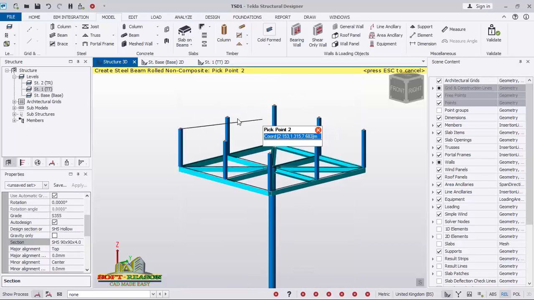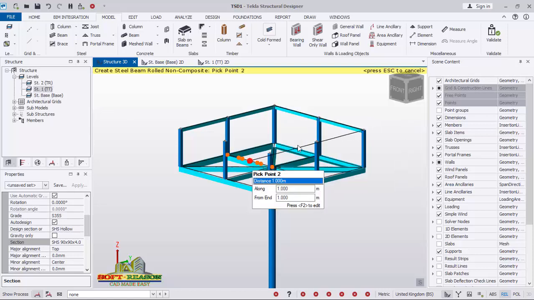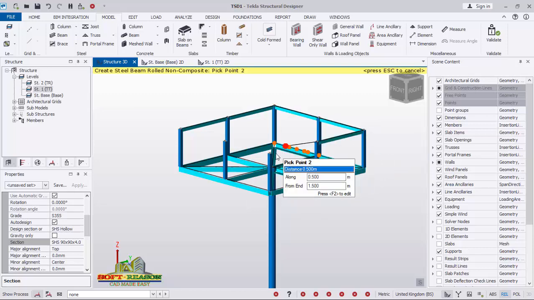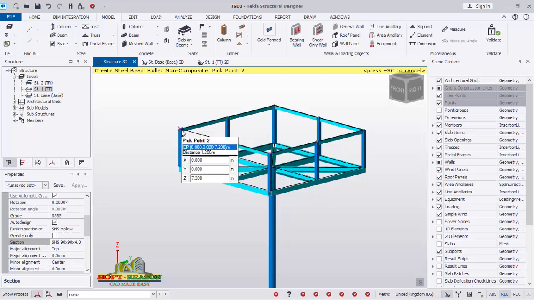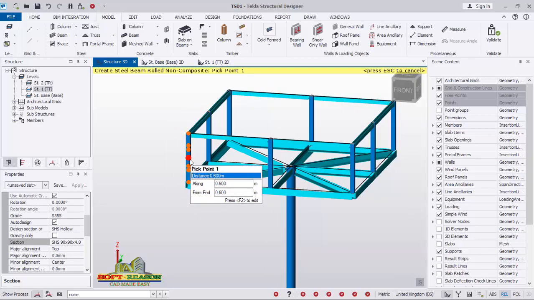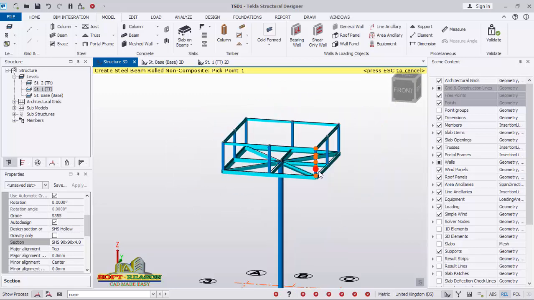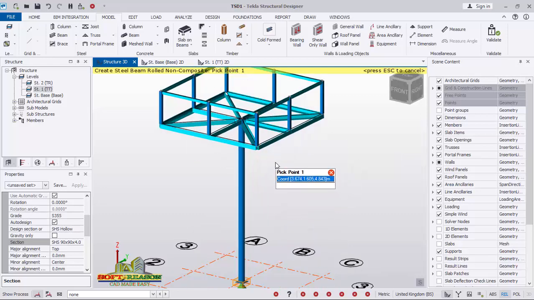Then I'll need to now connect these beams just like this. So having done this, the next thing we'll be focused on is the